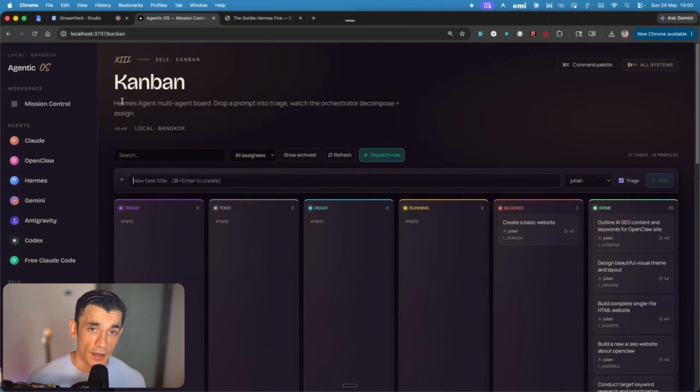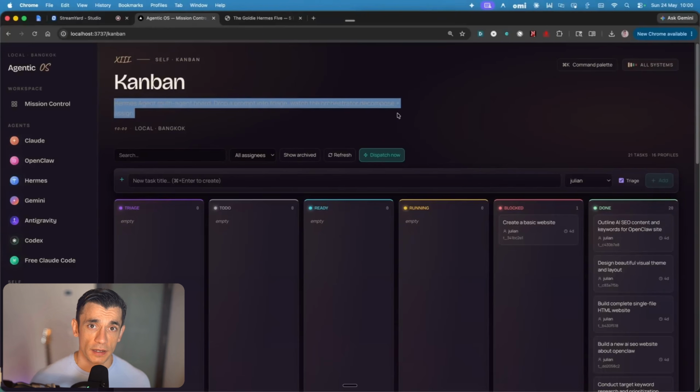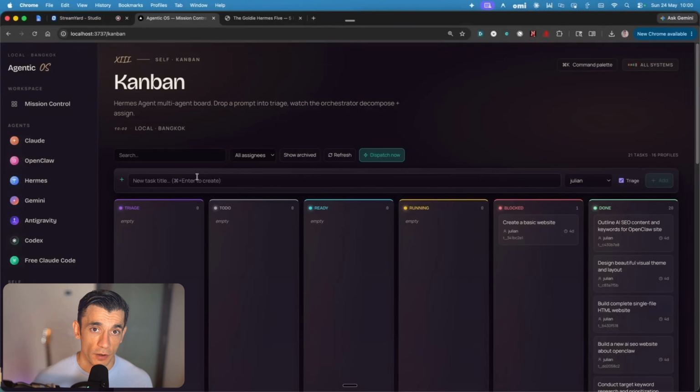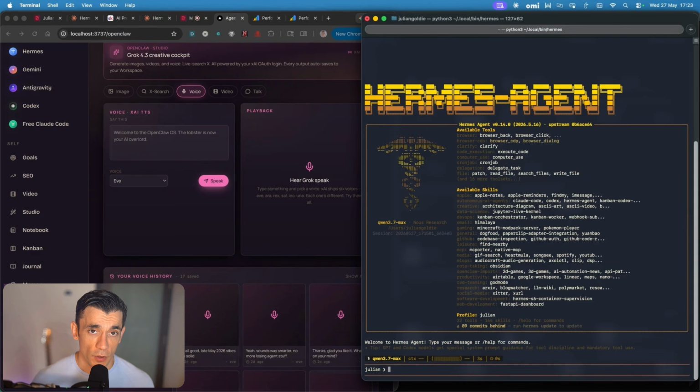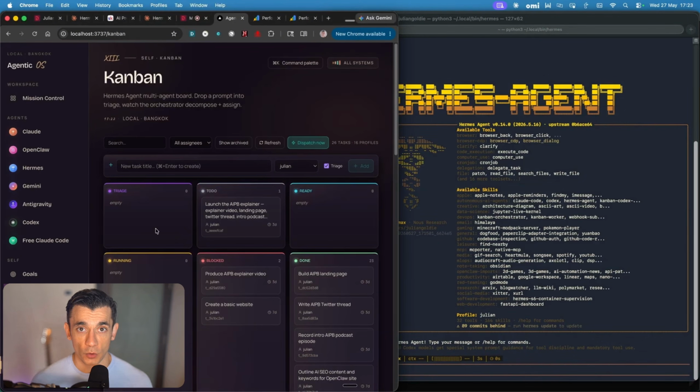This is what people mean when they say agent swarm. It's a whole team running at once while you go do something else. And the orchestrator is smart about who gets what. It can send the research to one model, the writing to another, the images to a third, so every job goes to the agent that's best at it. You can even set up more than one agent profile, so it's not one lonely assistant, it's a proper team